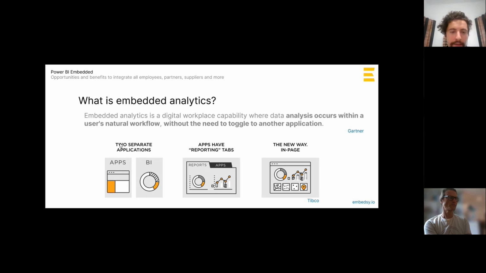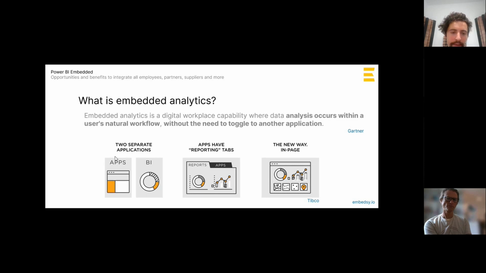And you can see there are like 3 ways of doing analytics. One is if you have analytics in 2 separate applications, exactly what I mentioned. And frankly, most of today's analytics is like this.